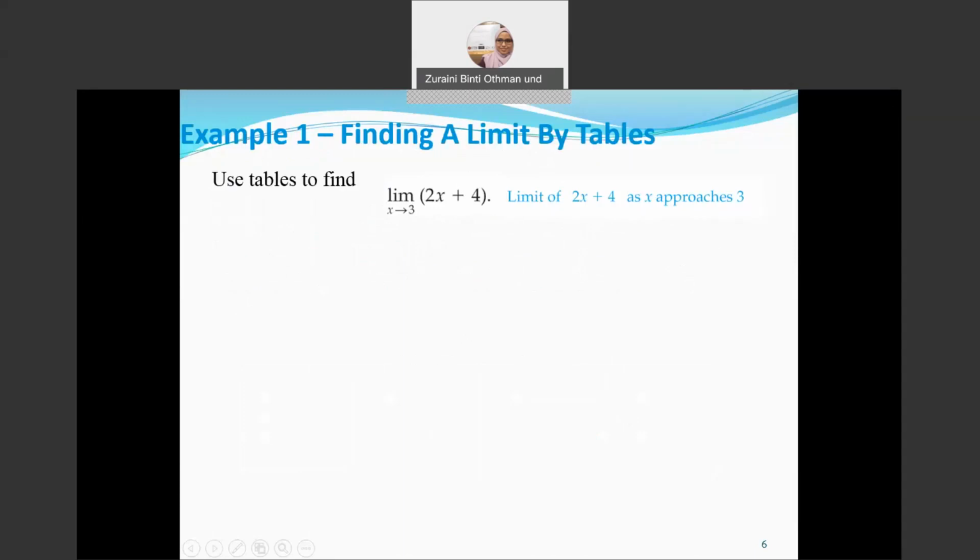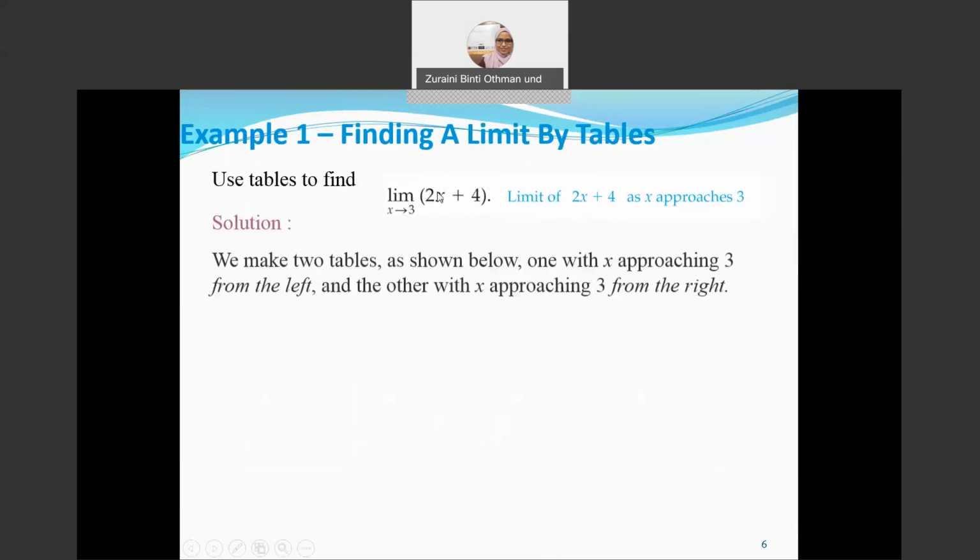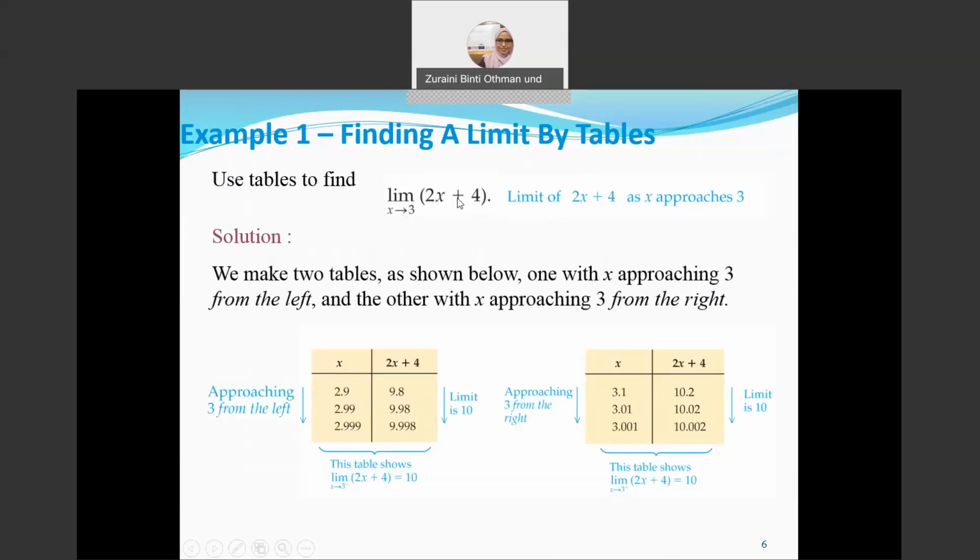If we want to find a function, either we do a table or a graph, right? Okay, so now we are finding a limit by a table. Use a table to find the limit as x approaches 3 of 2x + 4. Okay, approaching 3. So now this is the function 2x + 4. In order to get the limit at 3, we have to find it from the left and from the